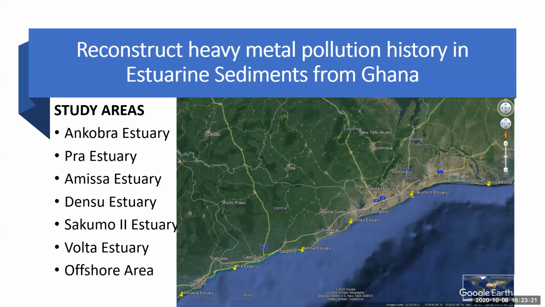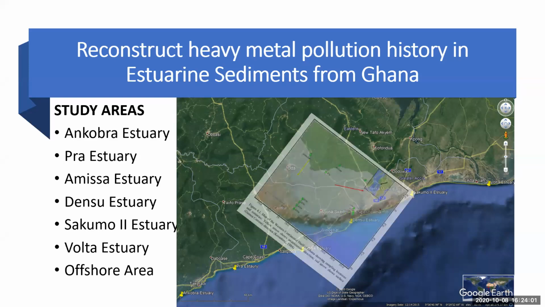Each of these zones has peculiar problems. So when you move to the western coast, the most challenging issue there is the issue that I talked about, the illegal mining activities. And also there's a lot of farming activities there, so there are other issues like nutrient pollution and all that. And then when you move towards the middle belt, we also have some mining activities going on in the inland areas of this side of the coast. And then coming to the eastern coast, this is where we have the industrialization. We have a lot of industrial activities taking place on the coastline.